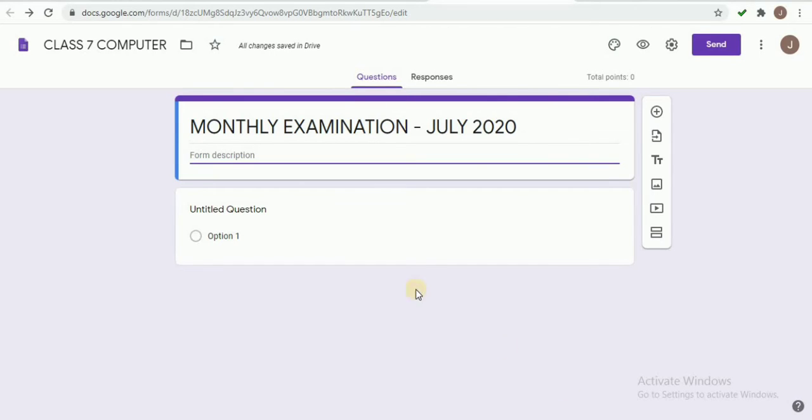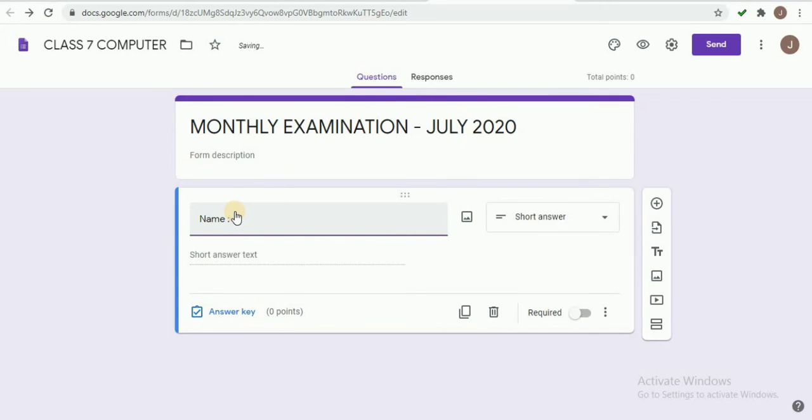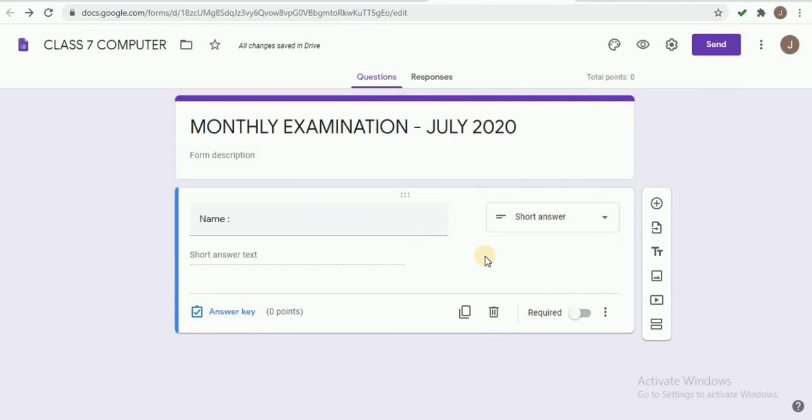Next, I am giving my first question, that is name. I am selecting it as short answer. Make it required.